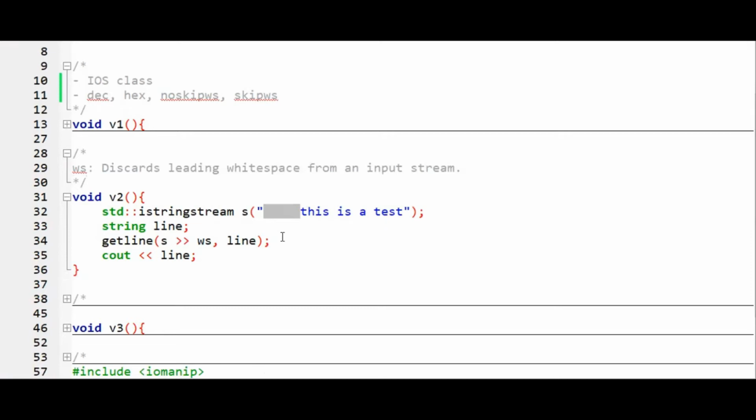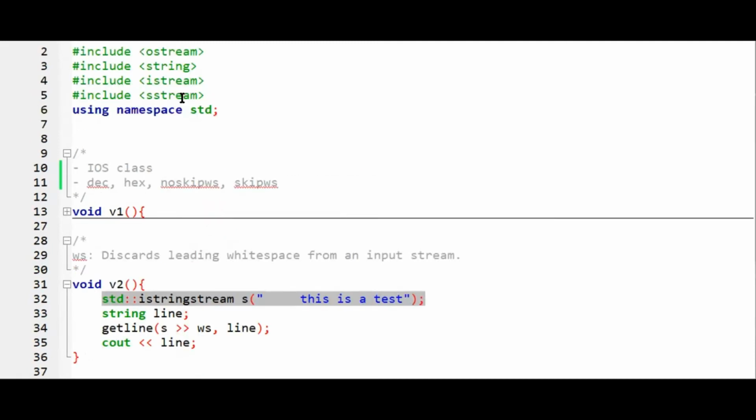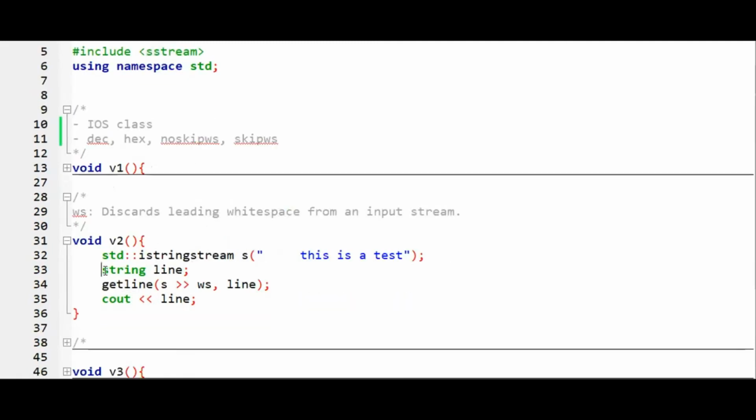This is a test. And this is to create the string stream through the sstream header file. We have created another string which is line. We have not initialized this stream. So the getline function will take the input from the first parameter and extract the data from the first input, and it will copy that data into line.